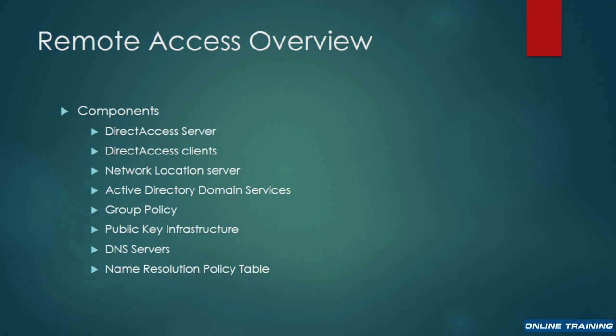So Server 2012 or later, it's functioning very much like a VPN server. It's the point of contact for these clients that have direct access enabled. Direct access clients, enterprise and education version, are the only ones that support direct access. You would ideally have them be Windows 8 and later, Windows 8, 8.1, or 10, because Windows 7 has some limitations in this area. So those are clients that have actually been configured via group policy to make a connection